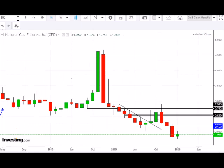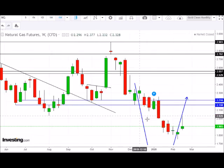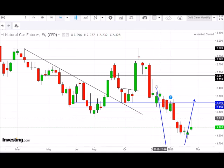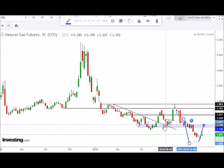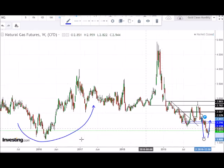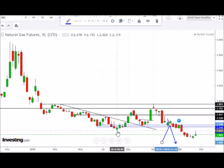Now, natural gas did in fact hit 2.028, just shy of the 2.03 level that I was looking at. You can see that on the weekly time frame view. I think this was supposed to be on my monthly, not on my weekly. No, it is supposed to be on my weekly. So I guess I was zooming out, trying to compare it to the previous level. Yeah. So I will go ahead and just move this to the side right now and essentially focus on this candle right here. That's essentially what I was using to look at for an upside target here beyond that